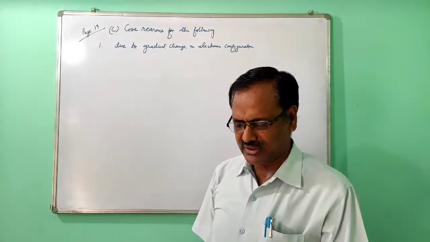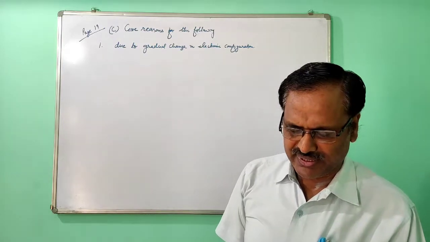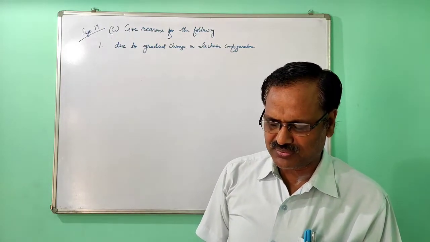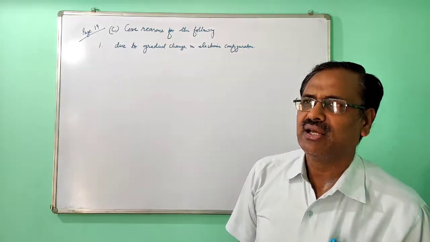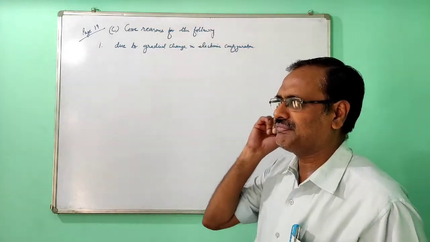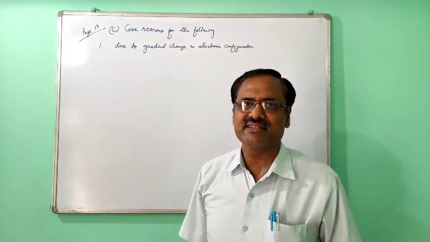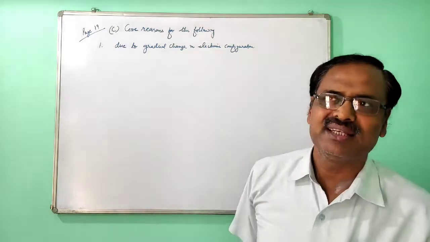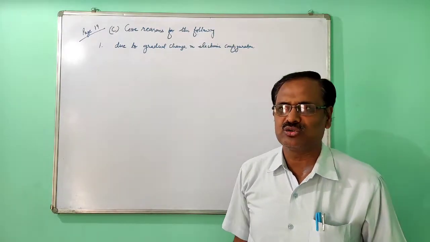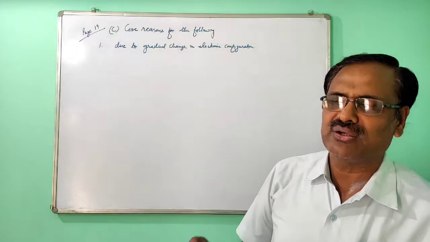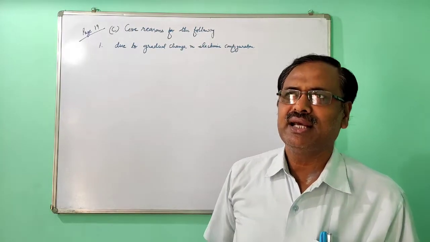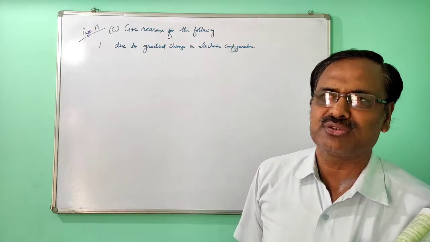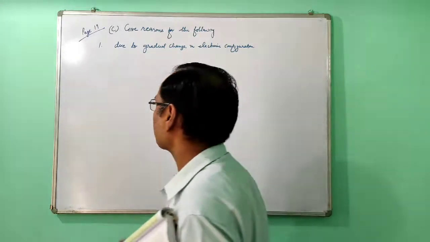Now the second question: the atomic size of group 18 elements is more than the atomic size of group 17 elements. When you move in a period from left to right, atomic size decreases up to the halogens, and after that, for noble gases, there is an increase in atomic size. What is the reason? For noble gases the octet is complete, and due to inter-electronic repulsion the force of attraction from the nucleus to the outermost shell decreases.